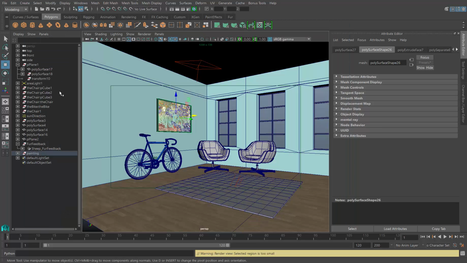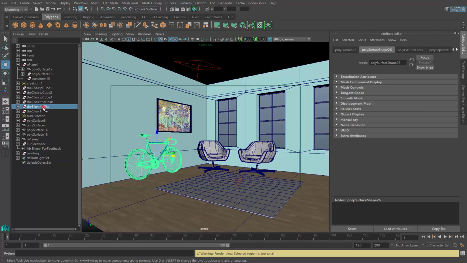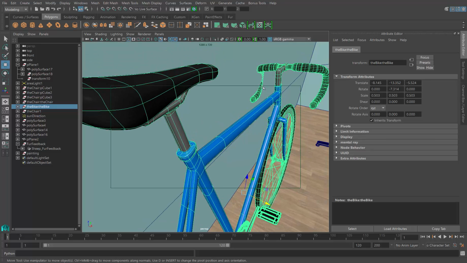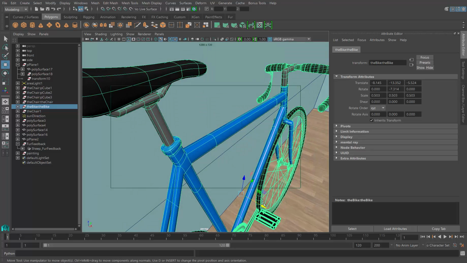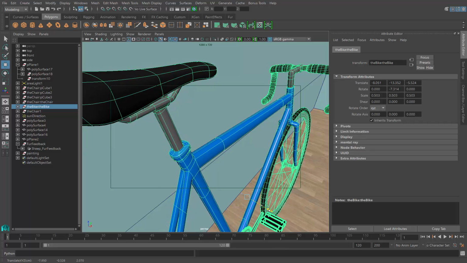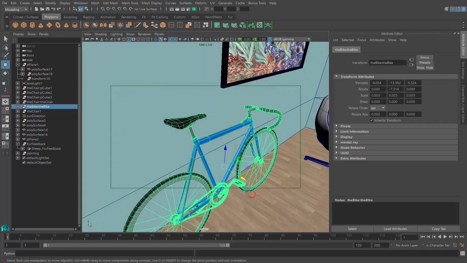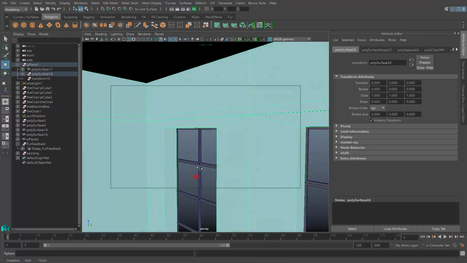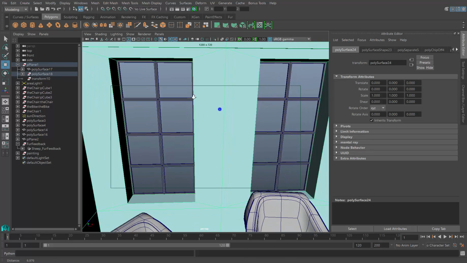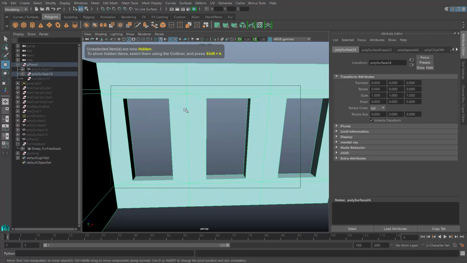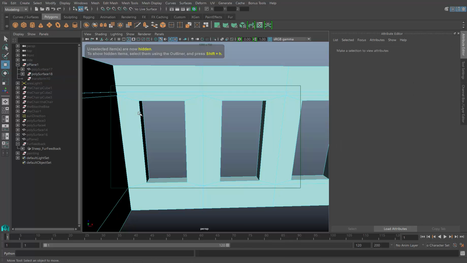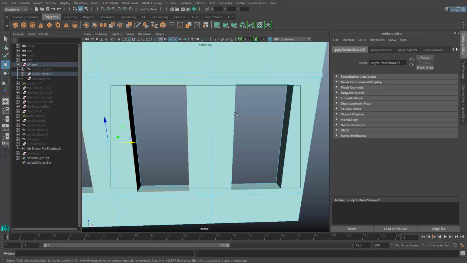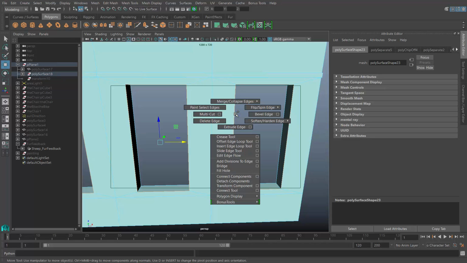I just realized that the bicycle is still a bit embedded into the wall right here. So I'm going to move that out a little bit, like that. And then I also want to go and soften some of these edges up on this window sill. So Alt-H. And what I'm going to do is double click to select these edges, and then shift right click, and we're going to go to